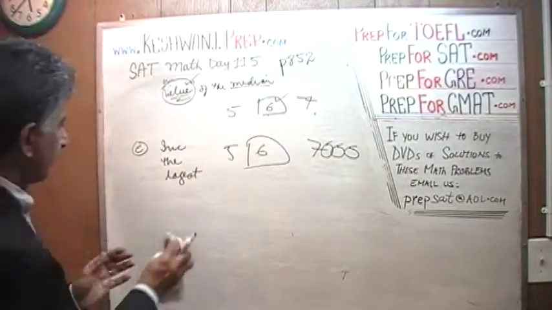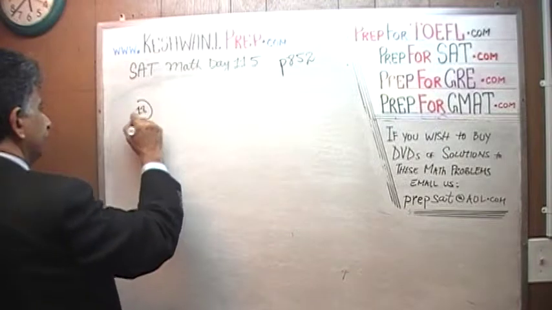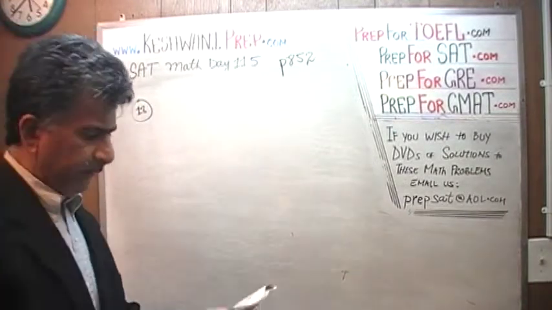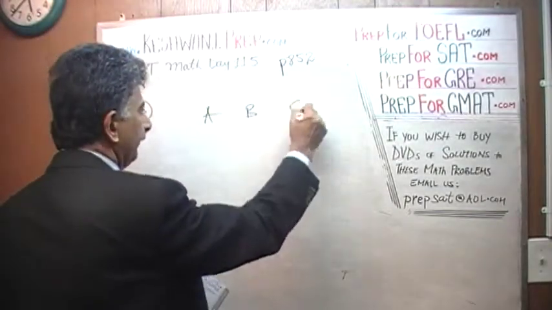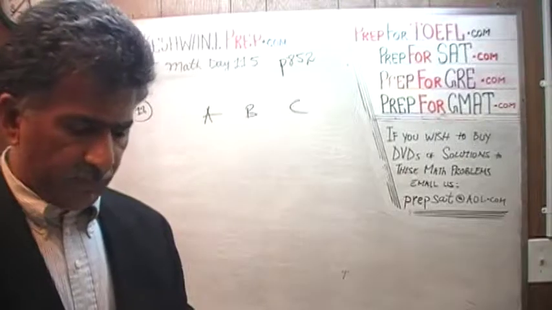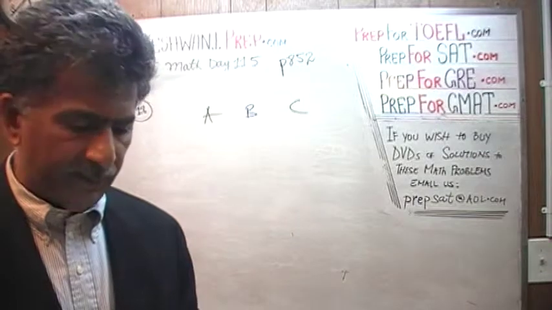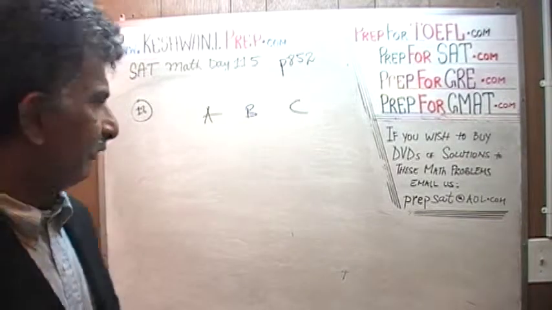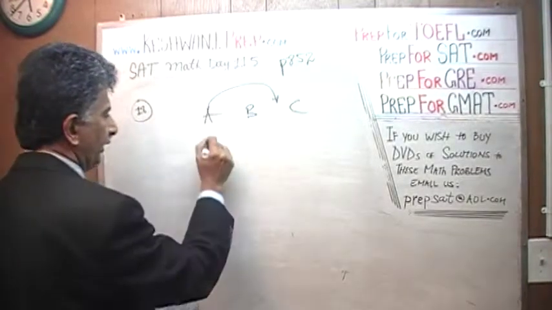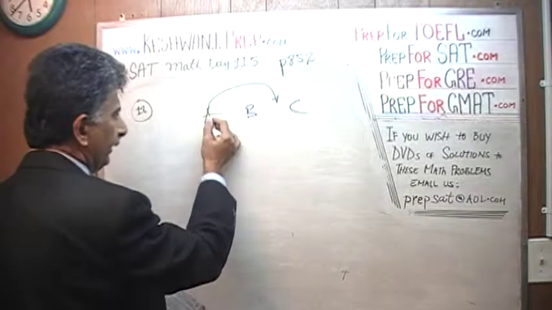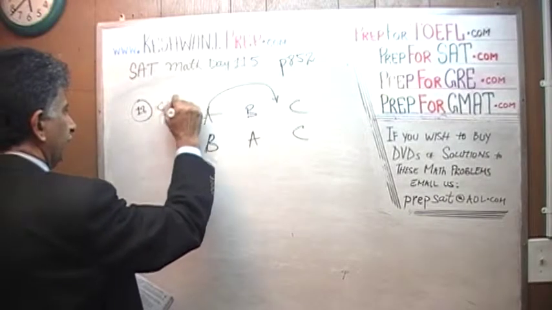Let's look at number 18. It says, in the picture above, wires are braided. We have 3 wires, A, B and C. Wires are braided, that is, by starting in order A, B, C, the outer left wire A is brought over B to the middle position. So B ends up here, A ends up between B and C, and C will remain where it is. So this is our starting point,